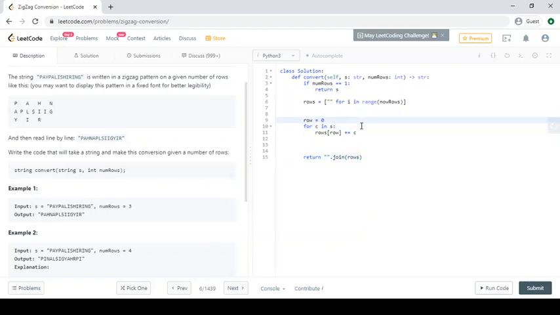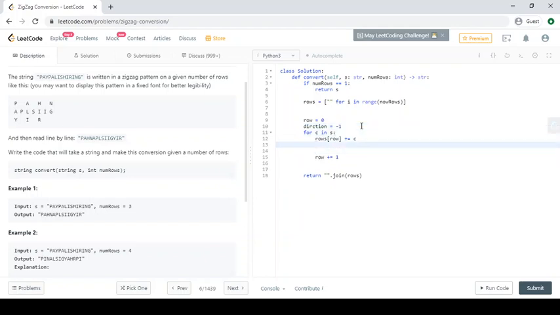To track which direction we have to go, we have to create one variable. We have to increase the row variable by 1. So we have to keep track of the direction. So we'll create the direction variable, which we will use to go up and down.